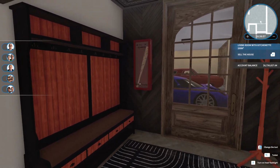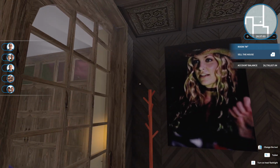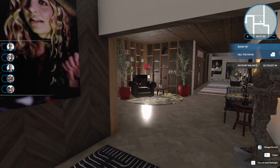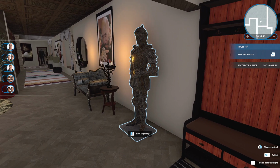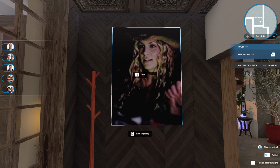Anyhow, here is the entrance from the garage into the home. I really like this picture, and I think it's really pretty. And what's a castle without a suit of armor? I mean, come on. This picture is of Baby Firefly,